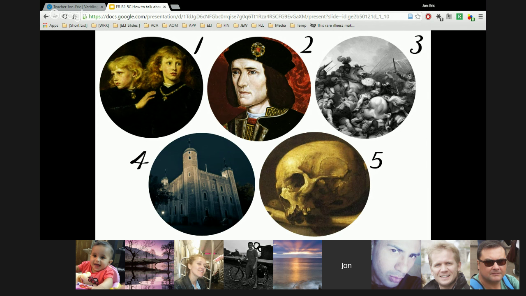Hold on to your ideas for a minute, because we're actually going to read the story. We're going to read Mystery in the Tower. It's very short. And we're going to discuss a few questions afterwards to make sure that you understand it. Then we're going to take a look at a few details to help you talk about the past the way the past is spoken about in the story. I'll draw your attention particularly to one verb tense that'll be very useful for you to use. Let's take a look.